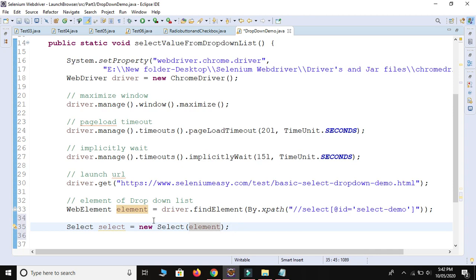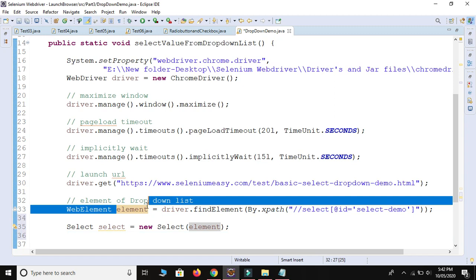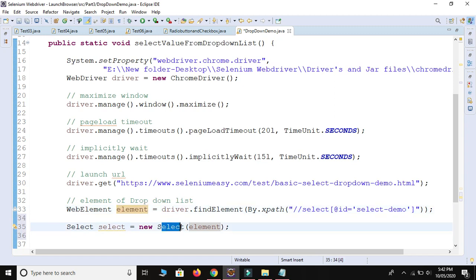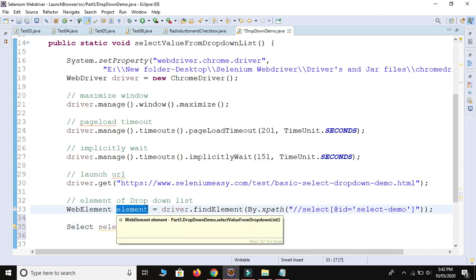So first find the parent element, then use the Select class and provide this parent element inside it. It means we are going to select some value from the element which contains all the sub elements.